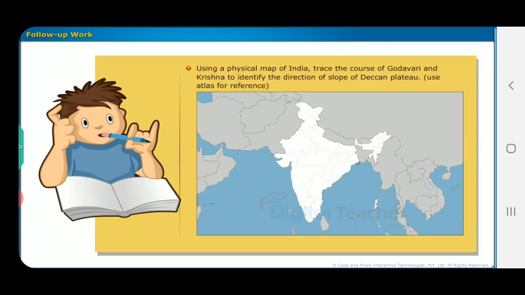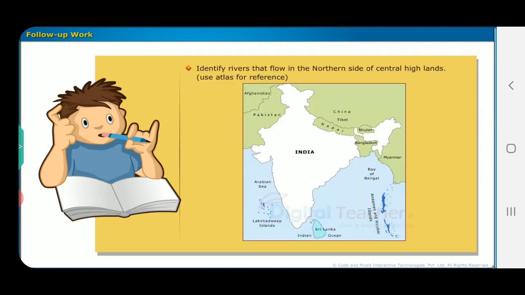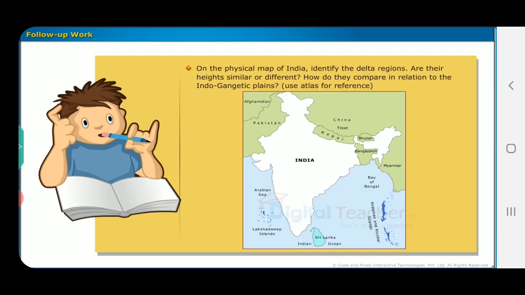Using a physical map of India, trace the course of Godavari and Krishna to identify the direction of slope of Deccan Plateau. Identify rivers that flow in the northern side of Central Highlands. Compare the relative heights of Western and Eastern Ghats as well as Tibetan Plateau and Himalayan peaks. On the physical map of India, identify the delta regions. Are their heights similar or different? How do they compare in relation to the